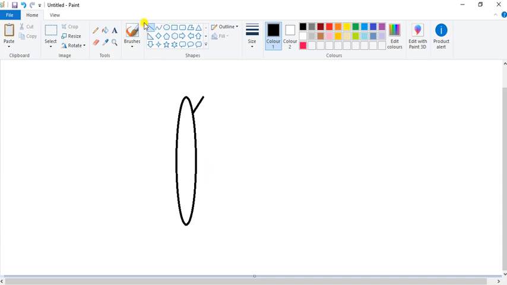Now, afterwards, select the curve tool and draw a line from this point to the end point of this oval. See here, this is our end point.